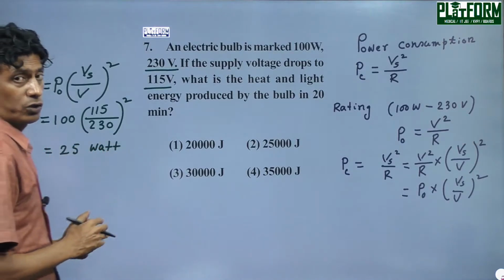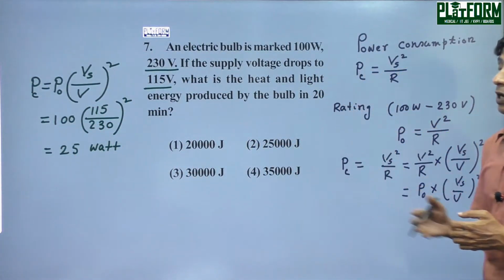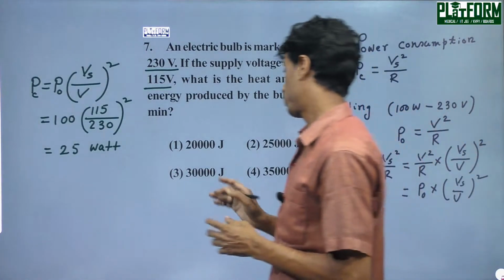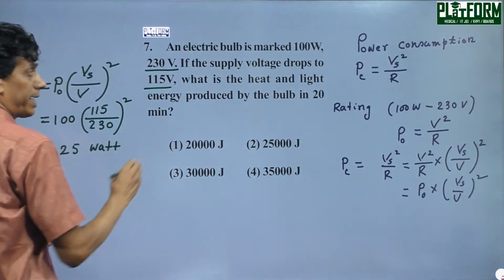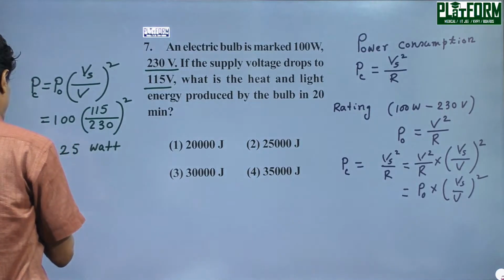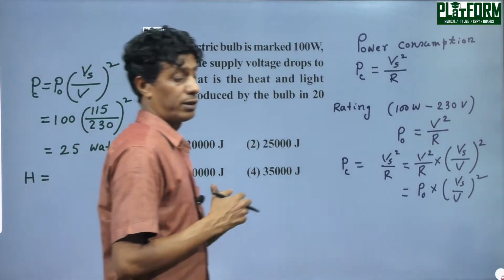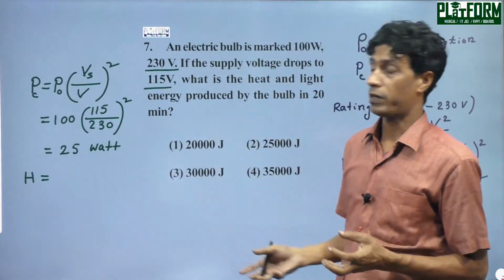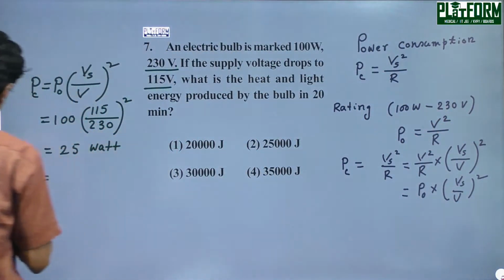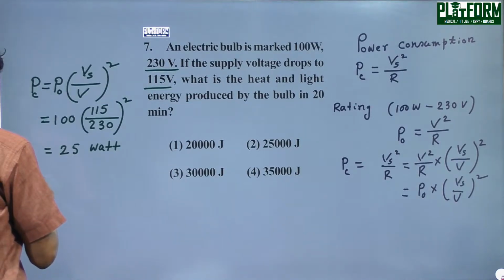So this will be the power consumed by the electric bulb of rating 100 watt, 230 volt. But the question asked is the light energy produced by the bulb in 20 minutes. Light energy, if we consider that the total electric power is converted into light energy, don't take heat energy, light energy